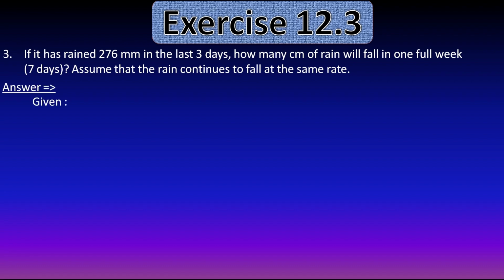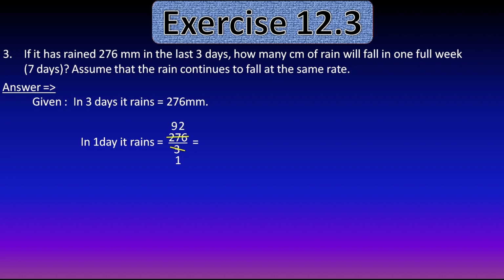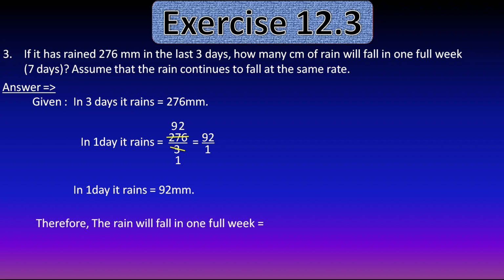Okay, so first of all we will write the given things. Given is what? In 3 days it rains 276 millimeter. That's why in 1 day it rains 276 upon 3. That we can find out by cutting: 3 ones are 3, 3 nines are 27 and 3 twos are 6. So we got the answer as 92. Means in 1 day it rains 92 millimeter. Now for a full week we have to find. Full week means 7 days. So therefore the rain that will fall in one full week is equal to 92 into 7, which is equal to